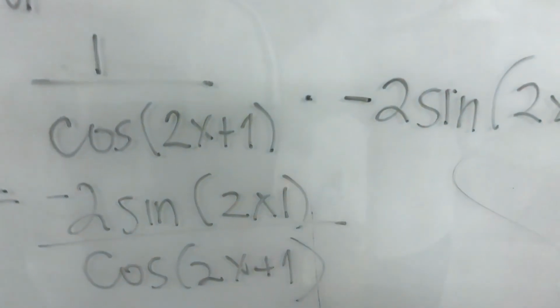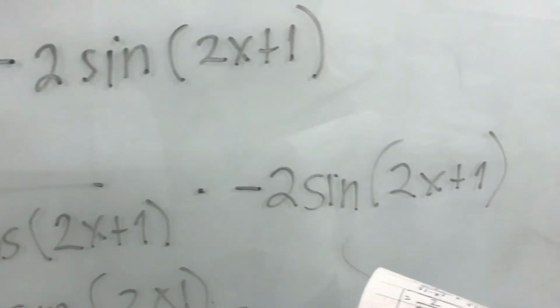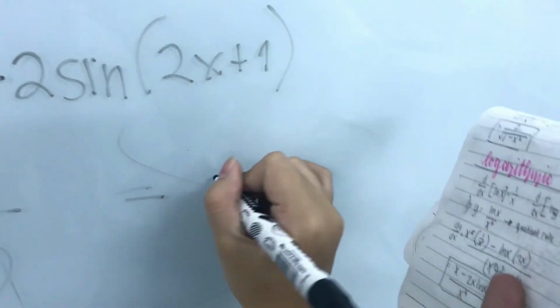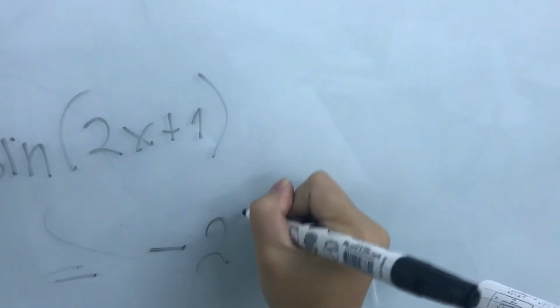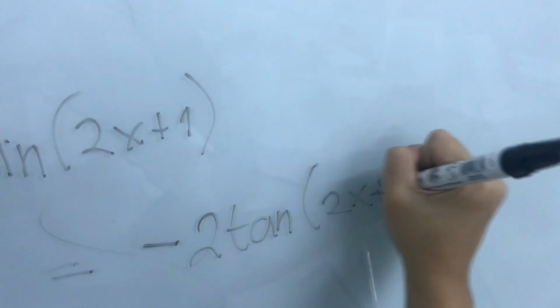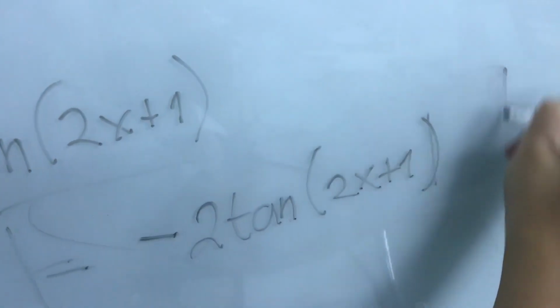Since sine over cosine is also called tangent, it will be negative 2 tangent of 2x plus 1. And that's our final